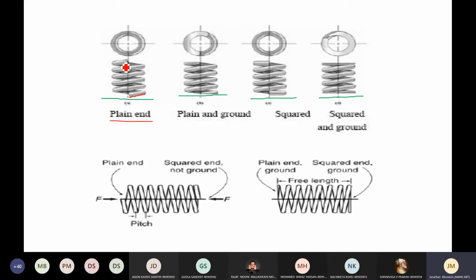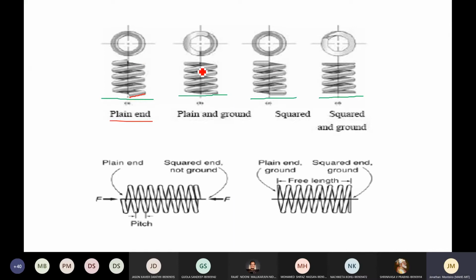So what you are doing, maybe you have a large coil and you are cutting it at some point. You are calculating first coil, second coil, third coil. Okay, I want 4 or 5 coils for this. Then you just cut out the wire and leave it as it is for the application. We call it plain end coils.